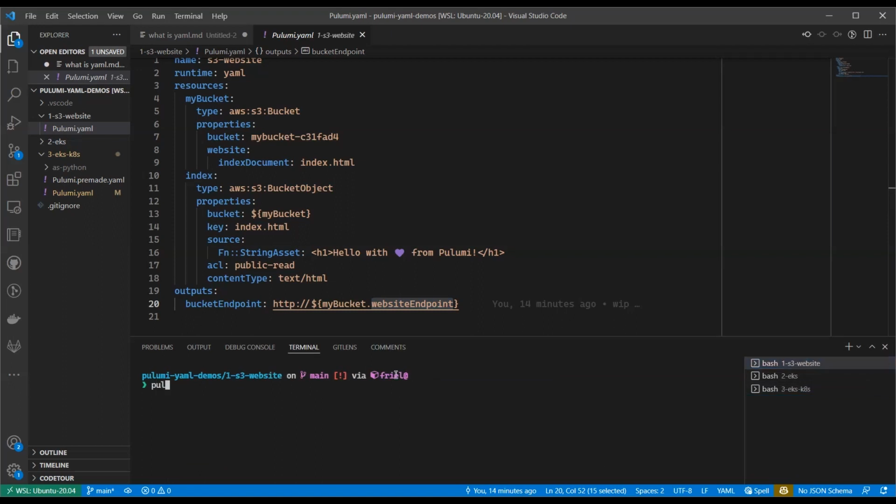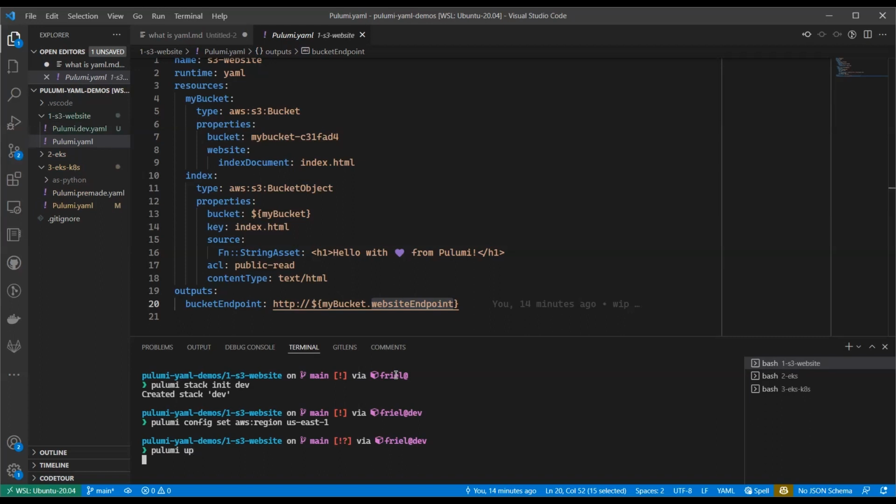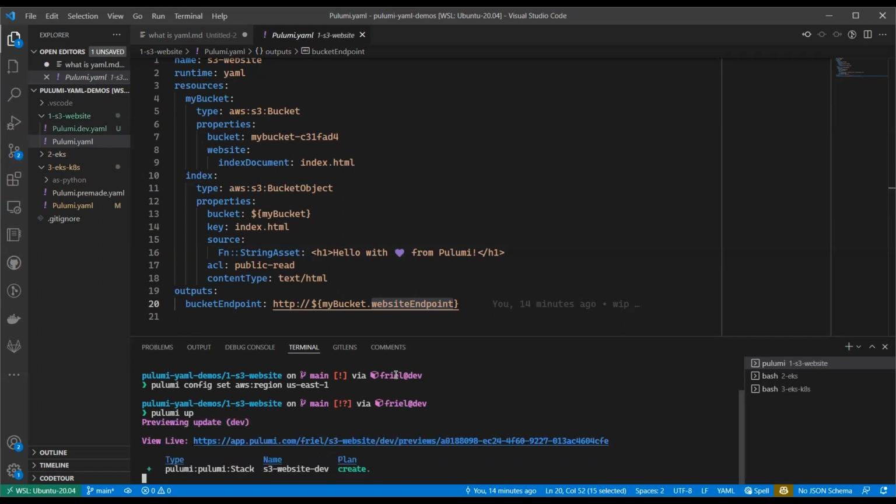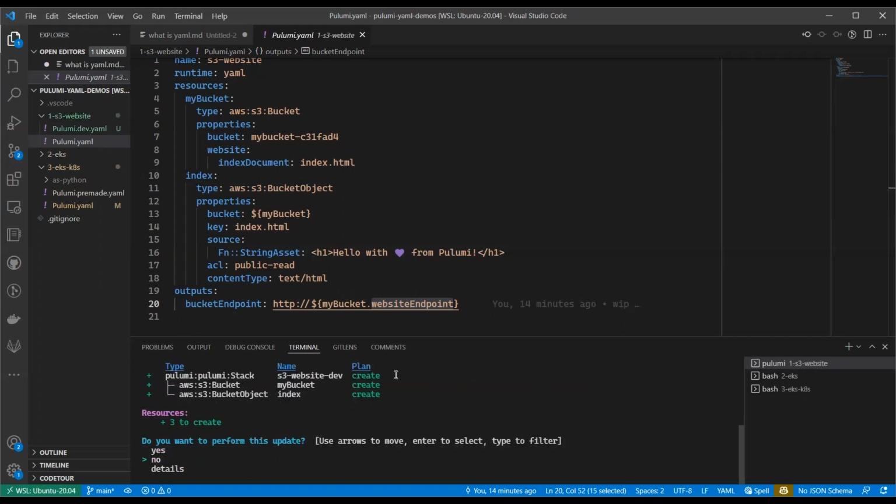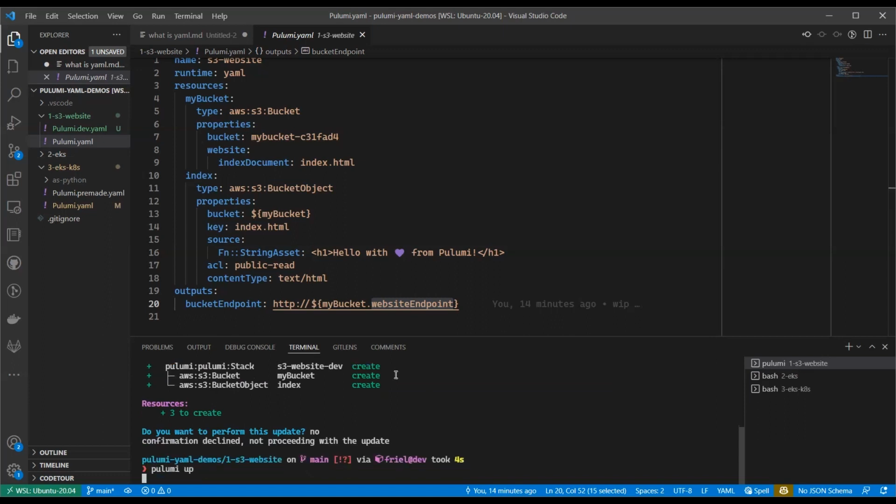Let's go back here. And I'm going to do a pulumi stack init dev. And I'm going to do a pulumi config set. Need to set a region and pulumi up. So again, this is baked into the Pulumi CLI as of today. And my mistake there.